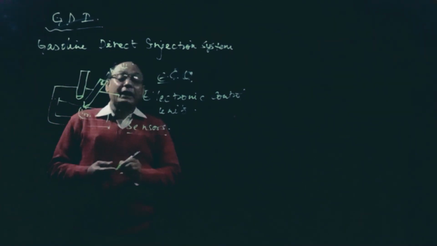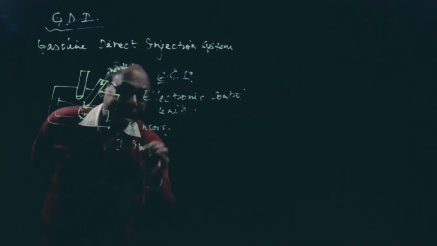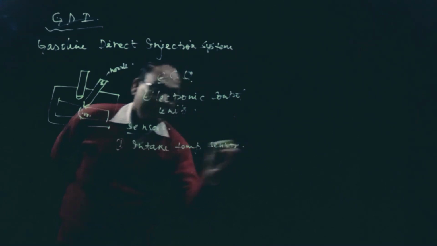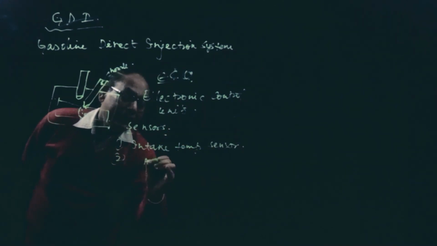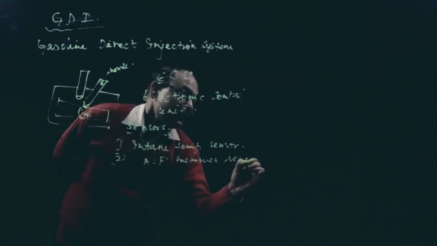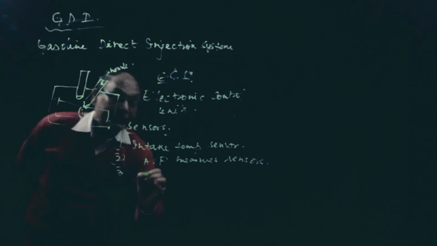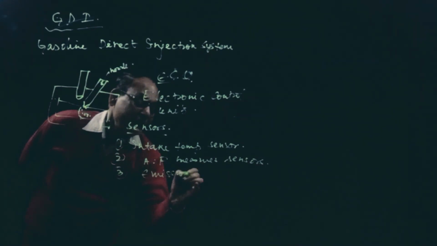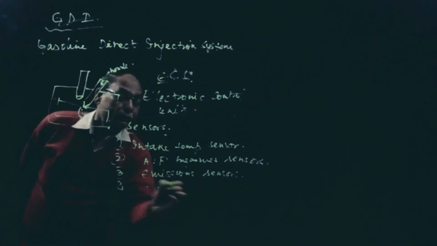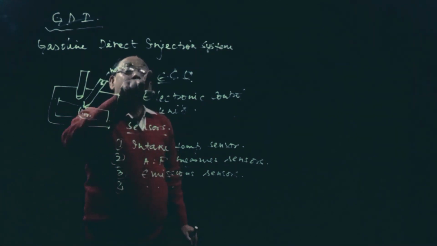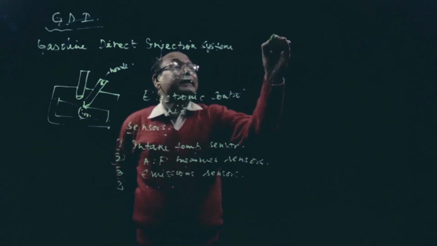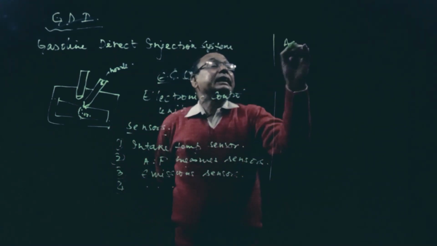Sensors may be, remember, number 1, intake temperature sensor, number 2, air fuel measure sensors, and emissions sensors. Many other sensors will also be there. By the help of electronic control units and the sensors, what are the advantages of this system? See, advantages are